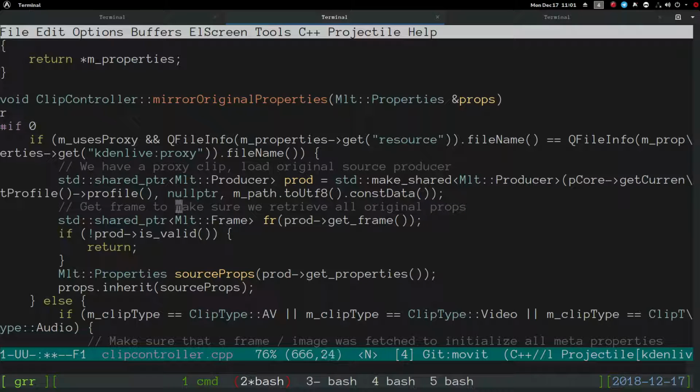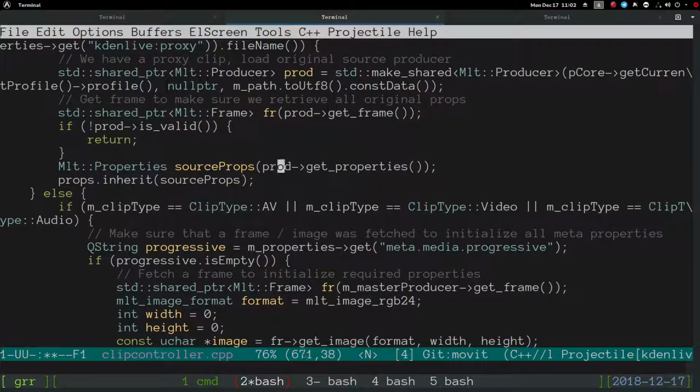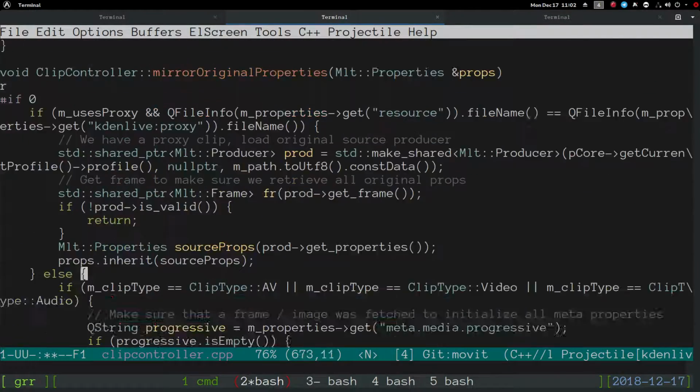If MLT states in its requirements for get frame that it must be called on the thread that has a rendering context, or it doesn't say anything about it, then this code is either ambiguous with its correctness or definitely incorrect. Fortunately, there's a very easy way to fix this code right here,